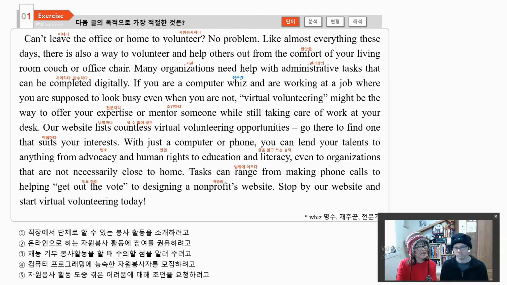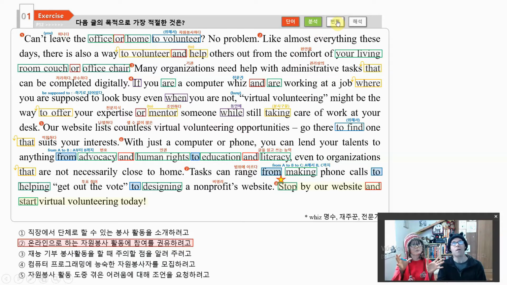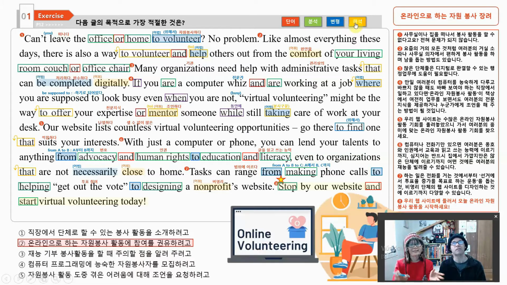First of all, let's check the answers, okay? So if you click, analyzing its sentences, right? And also, ta-da, you can find the answer. And then last one, ta-da. So you can study on your own, right? Each sentence. Very impressive PPT. Wow. So online volunteering, virtual volunteering, same thing, right? That's right. All right, then let's find out why the other options are not the answer. Very good. So the correct answer is number 2. That means encouraging virtual volunteering.